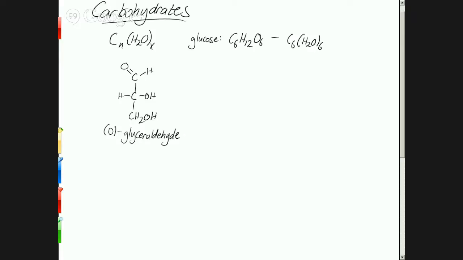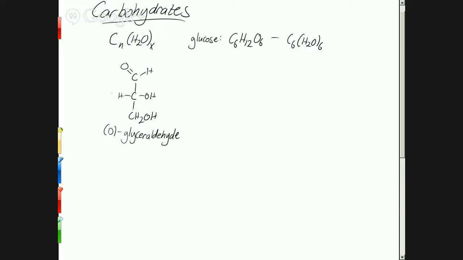Simplest sugar. Do you know the structure of glycerol or glycerin? It's just like this, but with an OH at the top instead of this thing. And this aldehyde at the top makes it a sugar. So a sugar in general, or a carbohydrate in general, is going to have an aldehyde or ketone functional group, so a carbon double bond oxygen, and then OHs on all the rest of the carbons. And all sugars